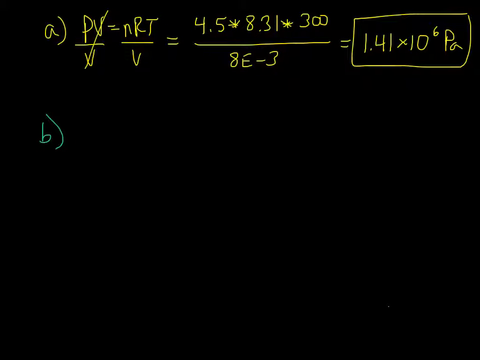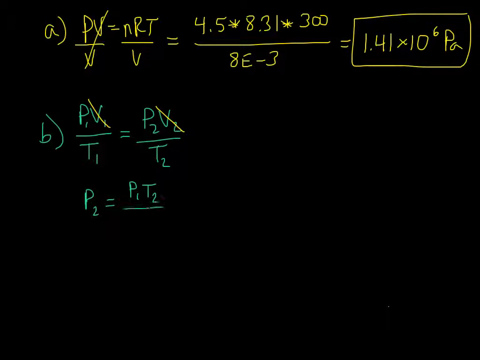So, the volume is not changing, so we start with the combined gas law, P1 V1 over T1 equals P2 V2 over T2, and we cancel out the V1 and the V2. And we want to get the final pressure, so P2 equals P1 T2 over T1. The pressure was 1.41 times 10 to the 6 pascals times